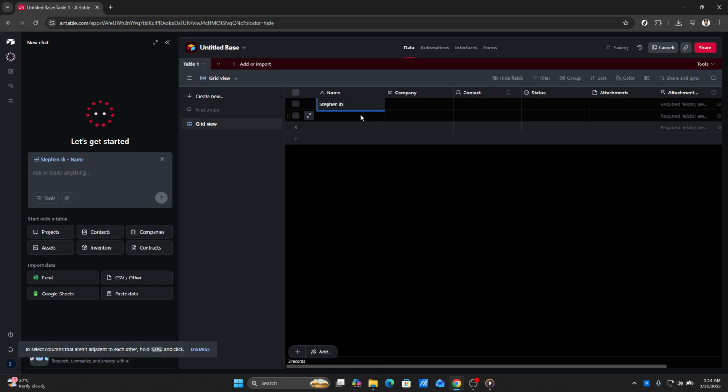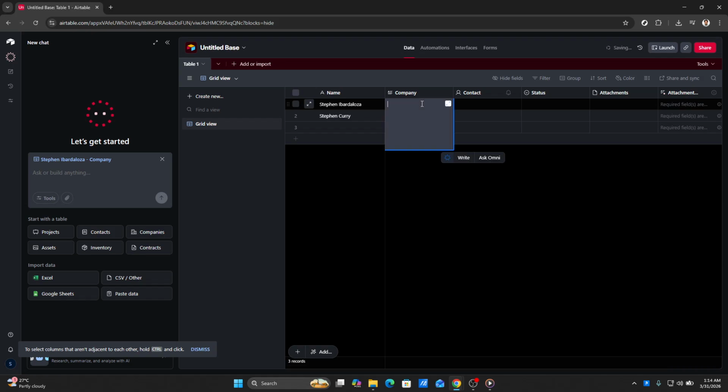Once you've set up your columns and fields, take a moment to review your layout. Make sure everything is clear and intuitive to navigate. You might also want to consider adding color coding or tags to help differentiate between categories or priority levels. And there you have it, a fully customized CRM built in Airtable, ready to help you manage your contacts and